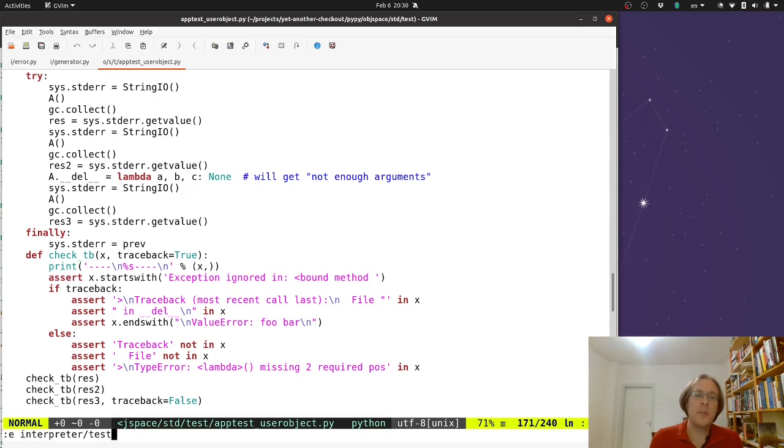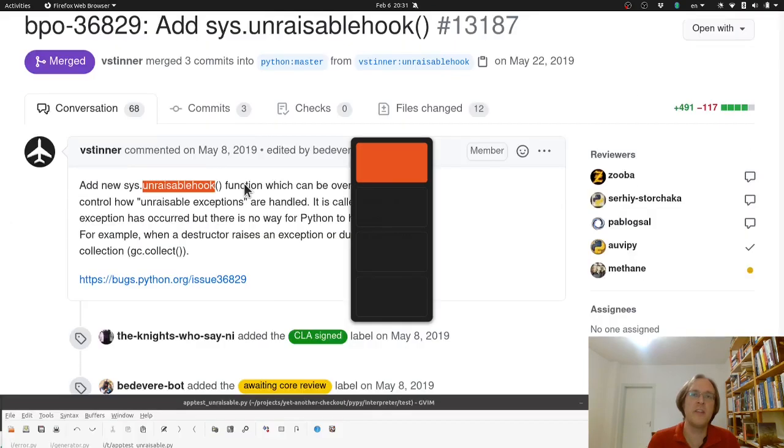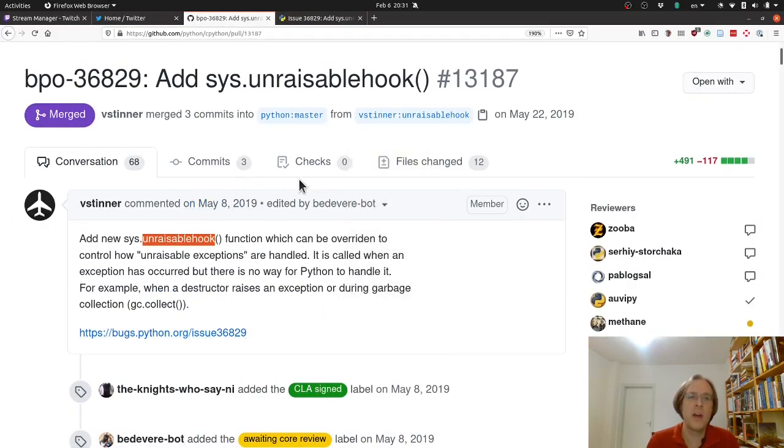Let's maybe start by adding a new test file, unraisable, that contains all the stuff that we want to do, and it needs to import sys, and let's maybe start with a very simple test. And I think the very first thing that I want to do is implement something that I saw when I looked at the diff earlier. So if you look at the files changed,